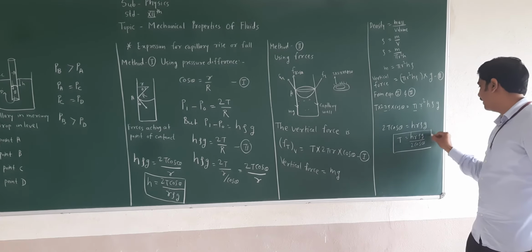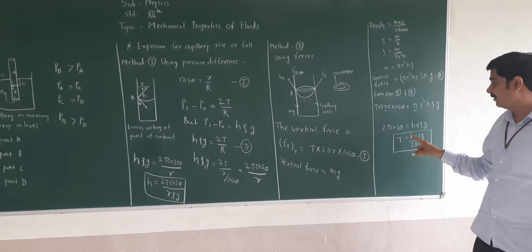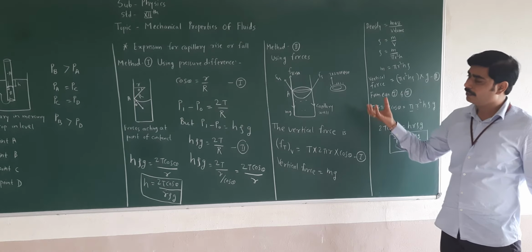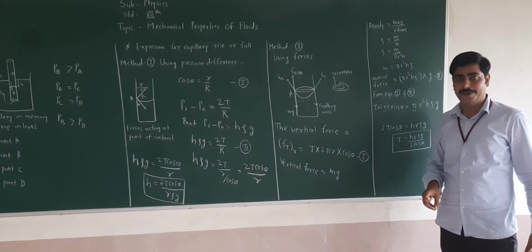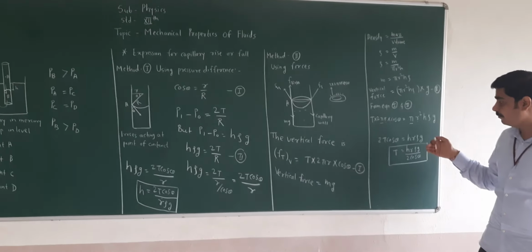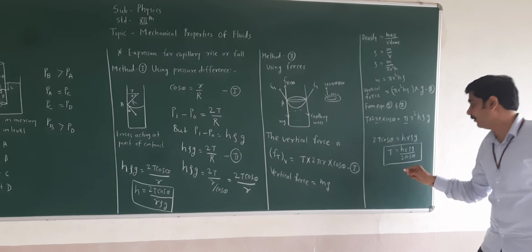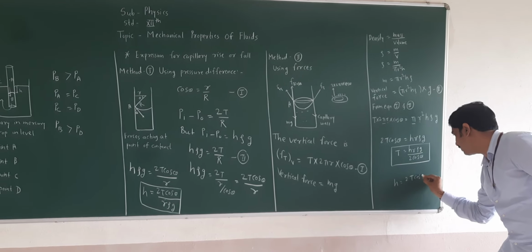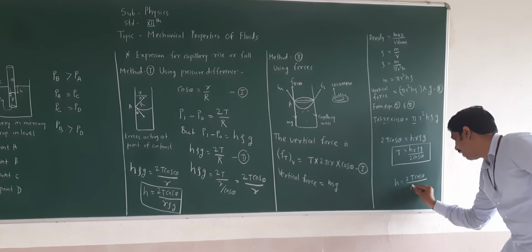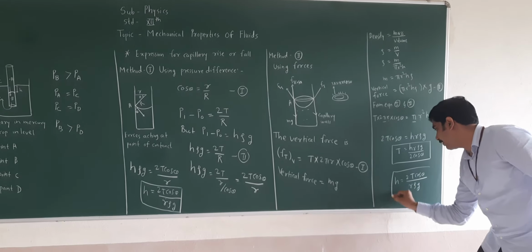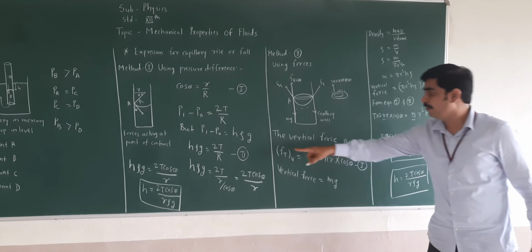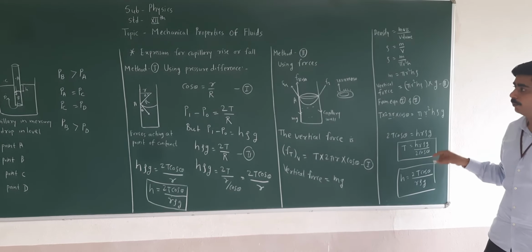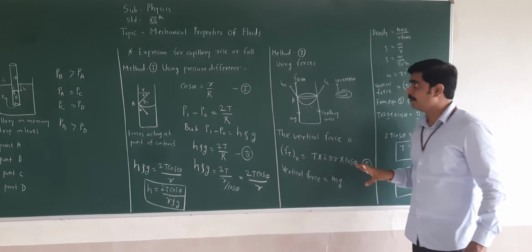You can write below this one statement that this is the equation for surface tension acting on a liquid inside the capillary tube. And from this, if you want to write the equation for the rise of liquid level, you can write h is equal to 2T cos theta upon r rho g. So the same equation which we have derived, h is equal to 2T cos theta upon r rho g. Friends, again I am going to explain this part.